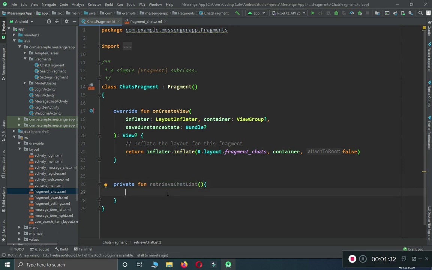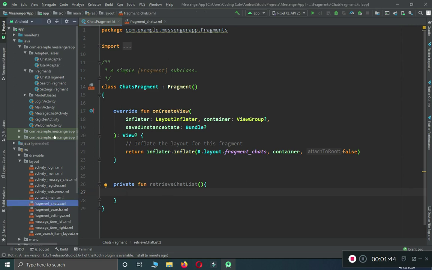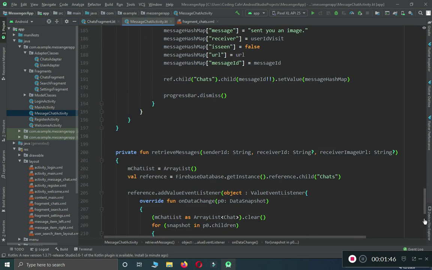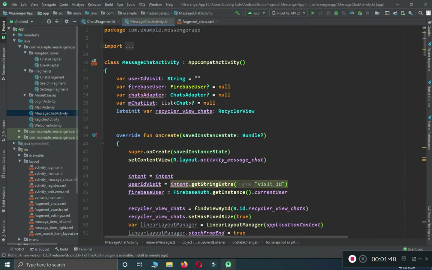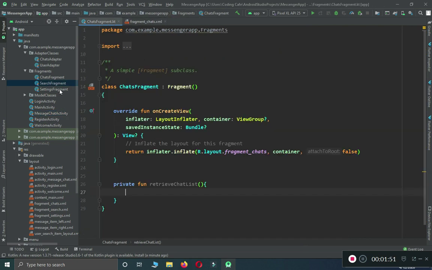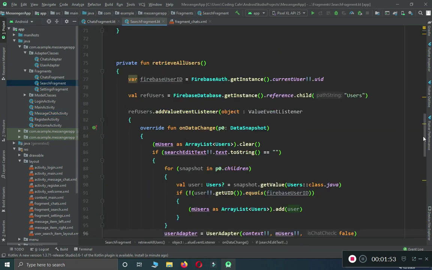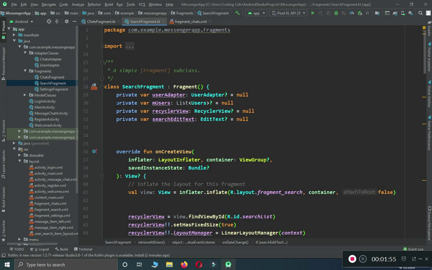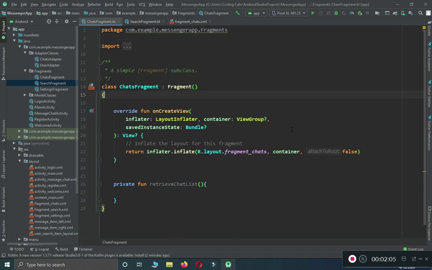And we need to add array list, a list basically in which we will retrieve and store our all chat list from the database. And also we need to create an instance of our adapter class, just like we did for our message chat activity when we were retrieving the messages. So the same thing which we did for our search fragment. If I show you, then here we have created a list and a user adapter class. Yeah, the name of that adapter class is user adapter. So just copy these things from here and come back to the chats fragment, and I'm going to just paste